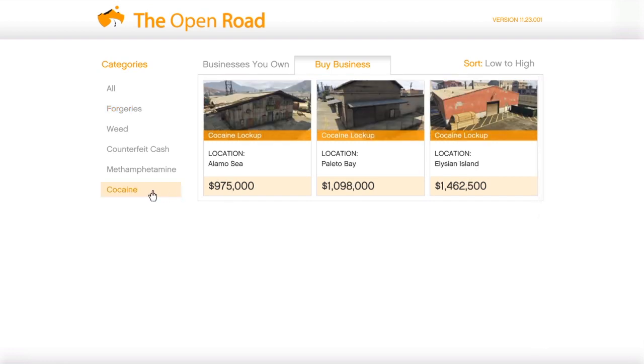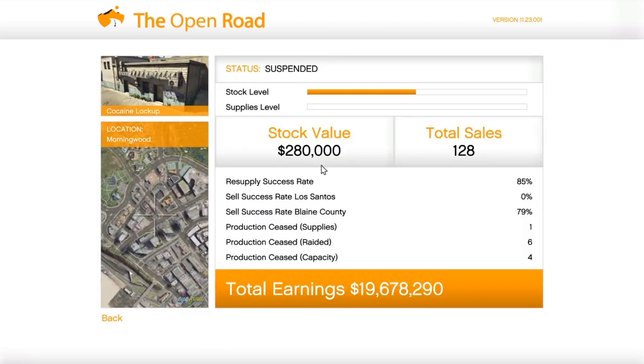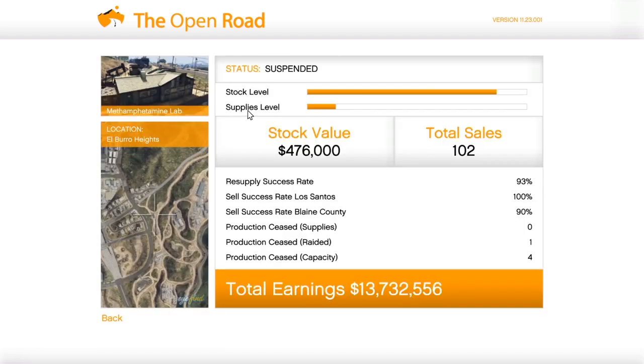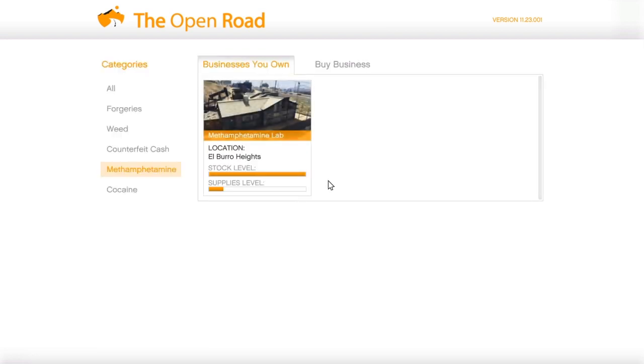Now for the best MC business, you guys probably already know it, it's the cocaine lockup. With the cocaine lockup you can sell stock for 420k, so this week that will be 840k if you have all the upgrades. It will be around 1k per minute that you actually earn with it if you have all the upgrades. Again, for the meth lab, it's actually 600 or 650 per minute, I think, so that's actually a lot less than the cocaine lockup. So the cocaine lockup is actually the best one by far,